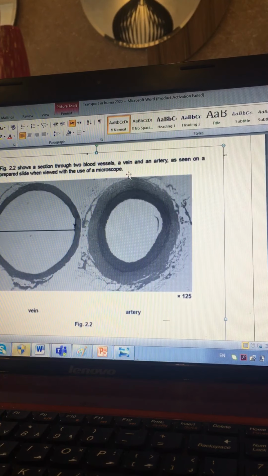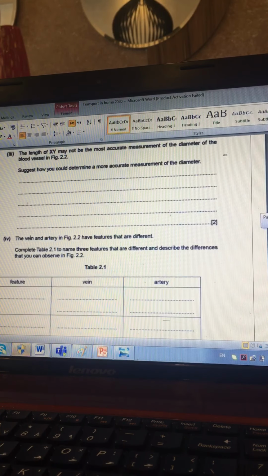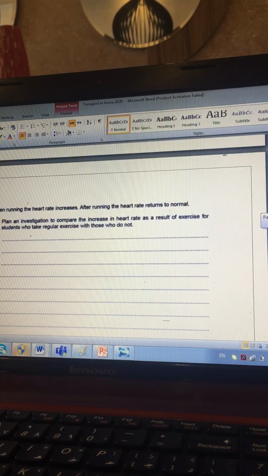Okay, so let's go and talk about this investigation. It's very important to know this investigation. When running, the heart rate increases. After running, the heart rate